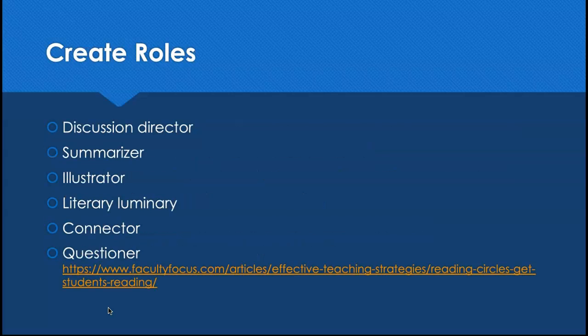Some of the roles that you might have for your students are discussion director. That's someone that's leading the discussion. A lot of times that's you as the instructor due to time. Summarizer, that's someone that's summarizing the main thinking of the group. The illustrator might be coming from the imagery that they got or the significant elements putting together, or maybe even drawing an illustration to demonstrate a concept, for example. The literary luminary is often the one who is coming up with the quotes, something that pulls out the underlying themes of what they're reading.